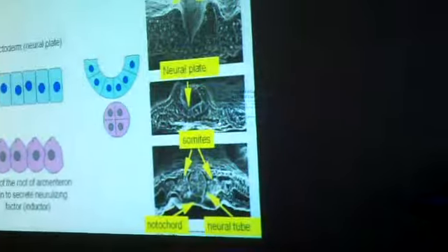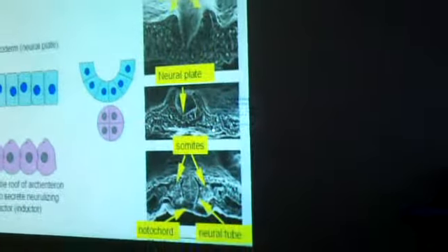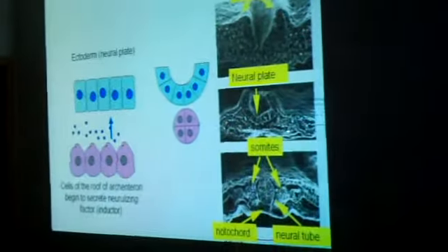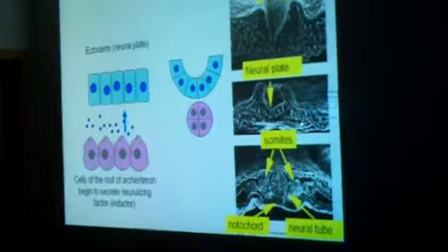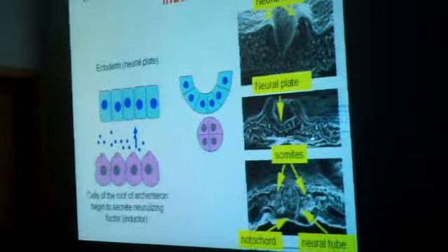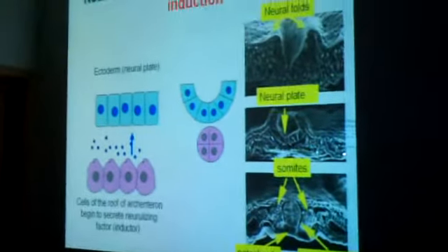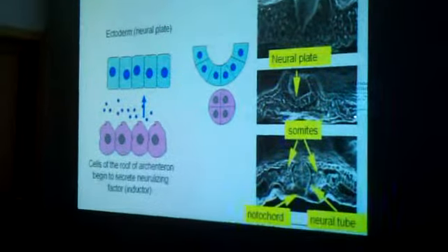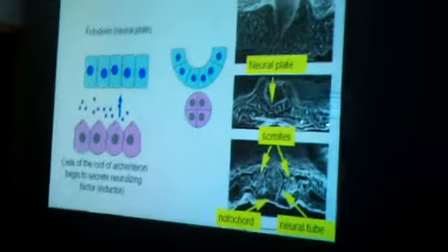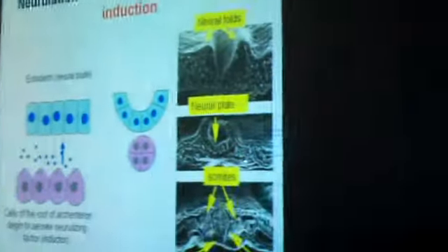It is stimulated by induction. Look at the violet cells. They produce a neuralizing factor, the inductor. And then the ectoderm forms a tube after that. But the cells below form not a cord. Can you understand that first the ectoderm forms